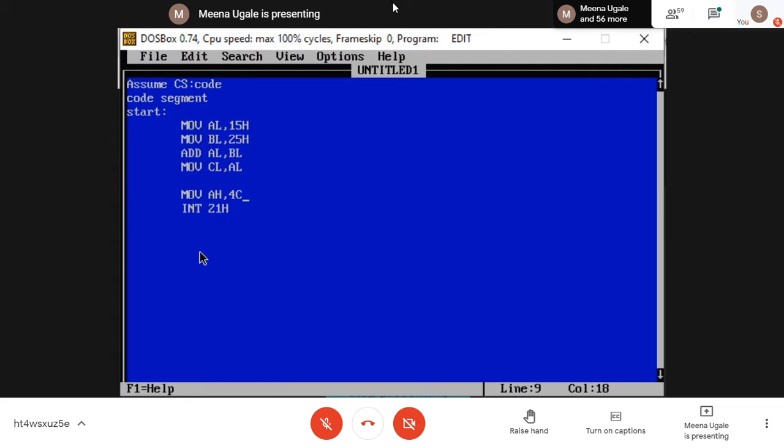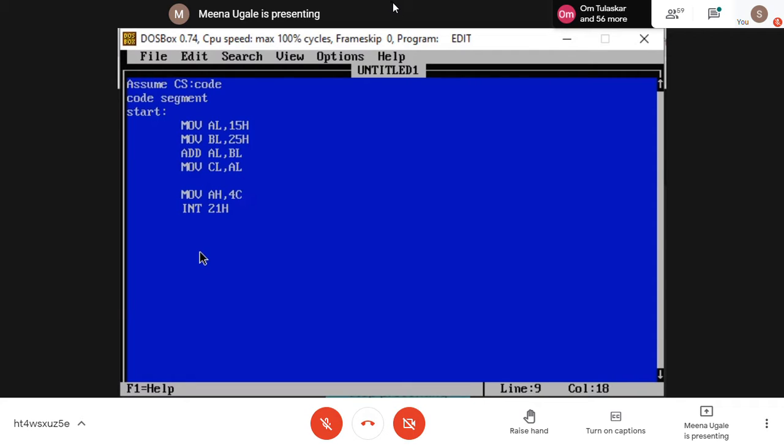Just see here. The AH register must be loaded with value 4C. Then only will interrupt 21 work for termination of the program. Many times you run the code and you don't know why these last two lines are written. I want to terminate my program by calling interrupt 21, and interrupt 21 serves various purposes.